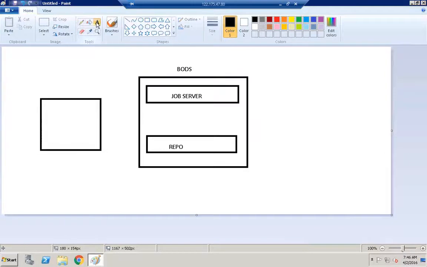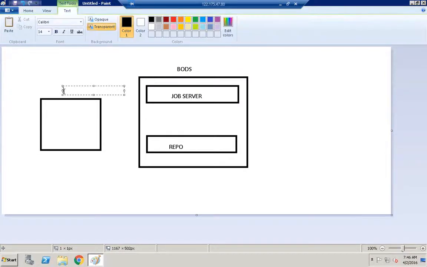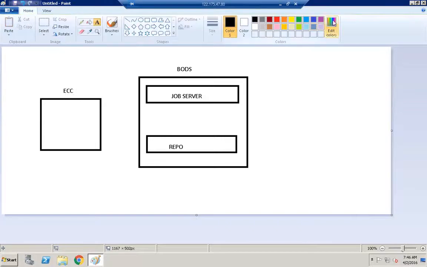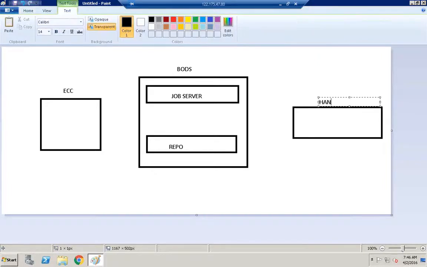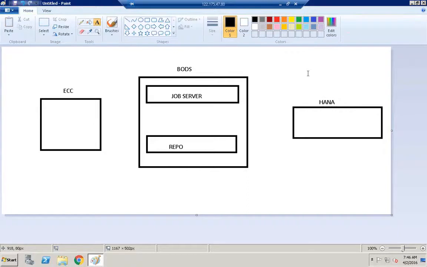On the source we have ECC, and on the target we have HANA. So let us start from the first step. In step number 1,